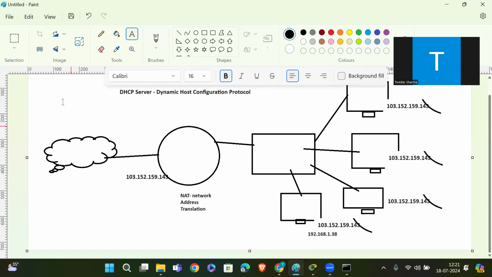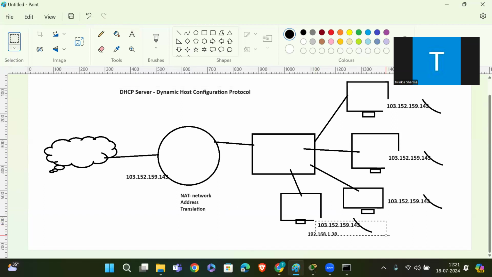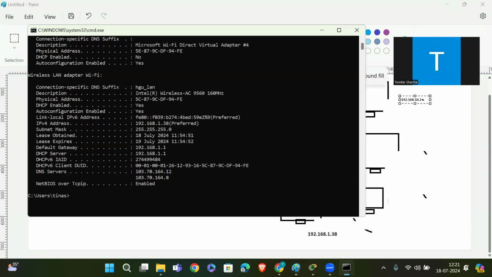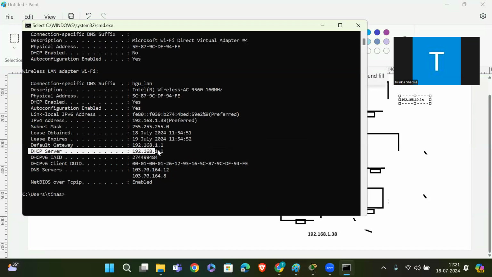So now our IP addresses are 192.168.10.1, 10.2, right? Because here we have the DHCP server. 192.168.1.1, right?